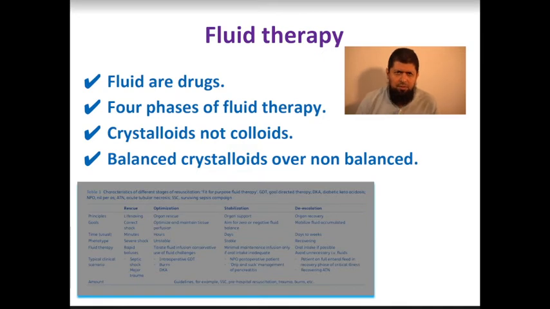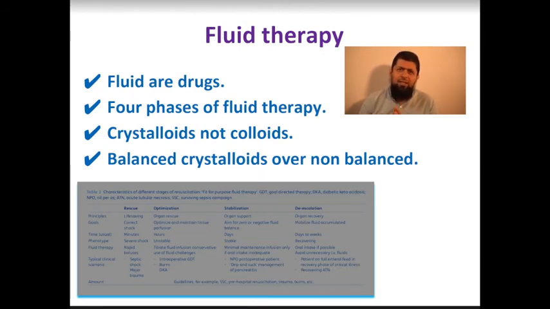A very important issue here is fluid therapy. For patients with sepsis in the early stage, not the late stage, before developing ARDS, what seems to be ARDS actually, we should be cautious in giving IV fluids. First of all, we should deal with fluids as we are dealing with any other medicine, balancing the risks versus the benefits. So we will deal with what is called four phases of fluid therapy, which are rescue, optimization,